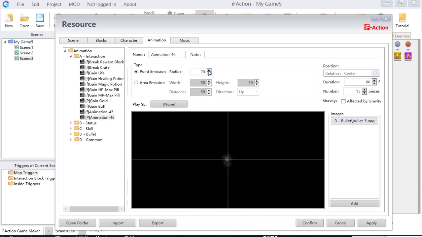You can change the radius, and also you can make it an area emission and change the height. You can change the number of the particles and also the duration. Okay,